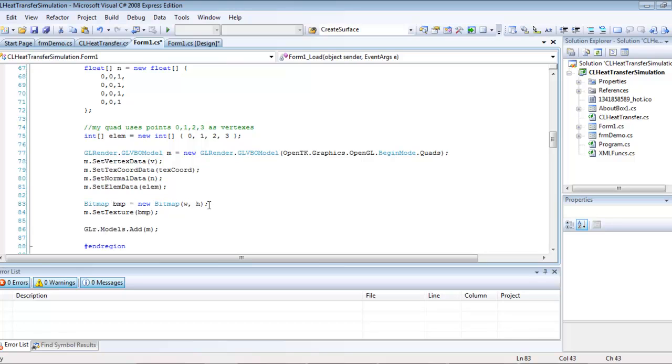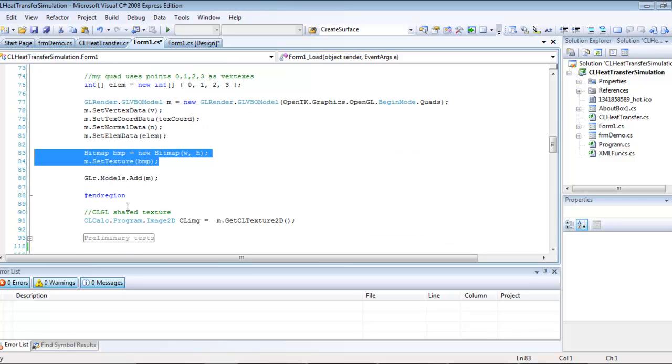Now we're going to create an empty bitmap and set it as texture to our 3D model, the M. And this is very important because later on, this line sets the bitmap. It transforms it into an OpenGL texture and sends it to the GPU. And later on, in this line,